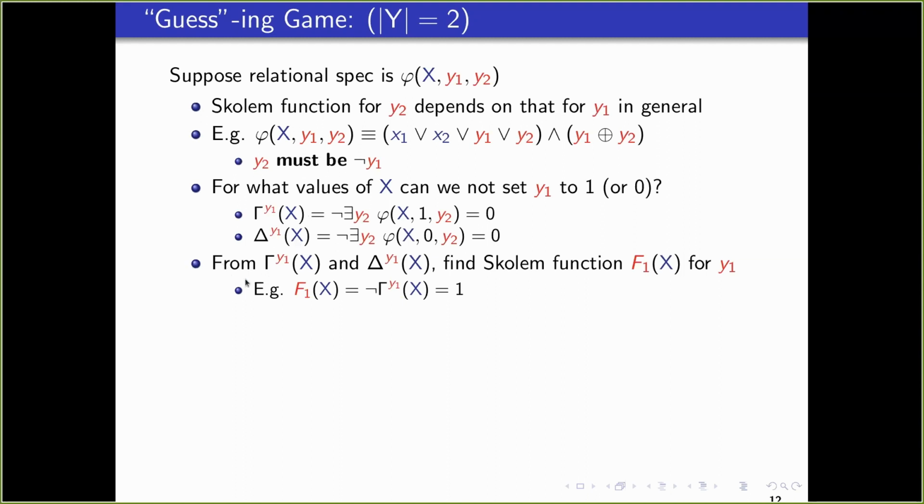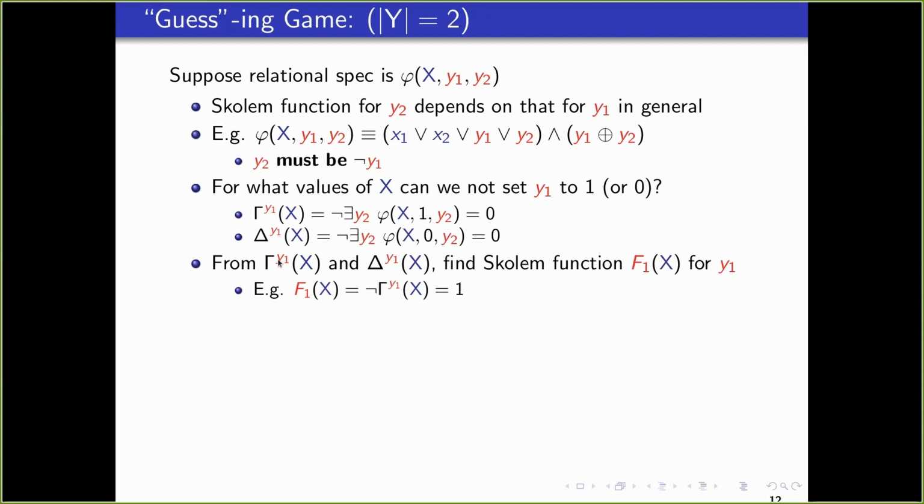If I want y1 just in terms of x, then I have to ask that if I set y1 to 1, then no matter what value I put for y2, the specification is not satisfied. Whatever that simplifies to, I take as this gamma that we talked about earlier, and similarly for delta.